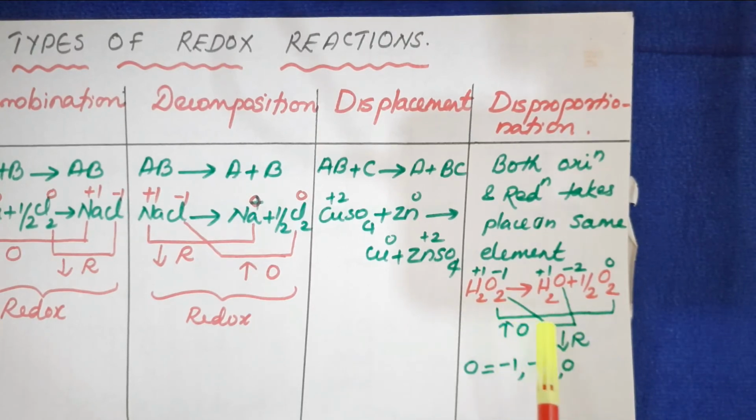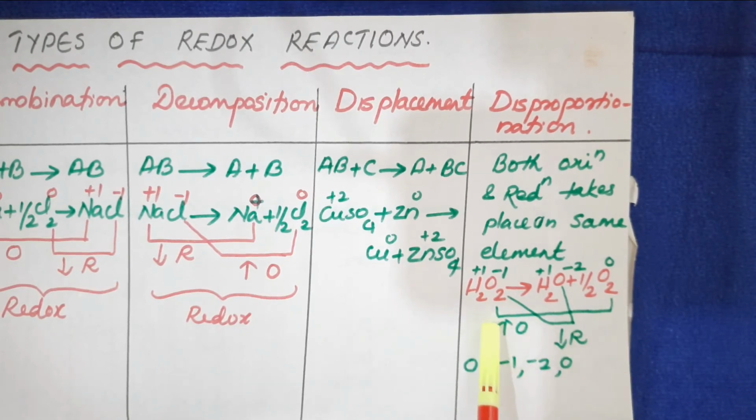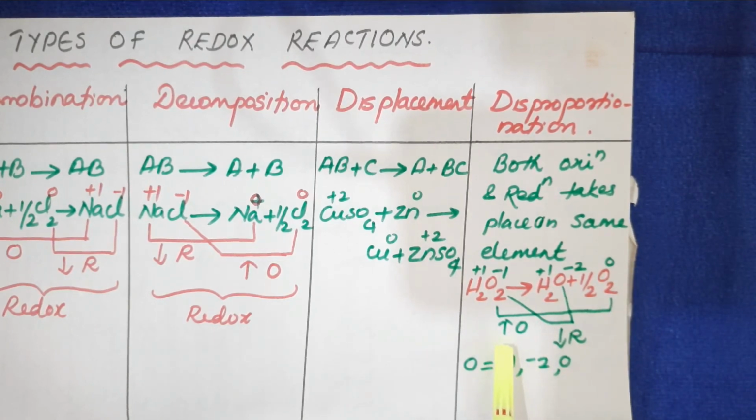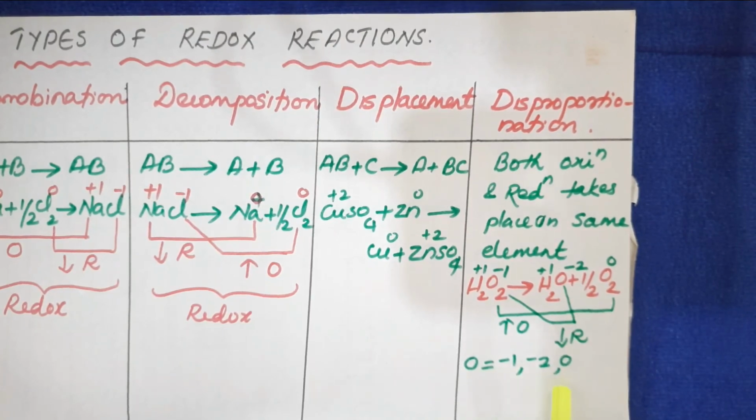So, here what happened? Here oxidation number decreases, therefore reduction took place. Okay, now oxidation number of oxygen is -1 in H2O2, but in the conversion to half O2 it increased to 0. -1 to 0 means increasing of oxidation number happens here. Therefore, it's an oxidation reaction. Here the element oxygen undergo oxidation and reduction. So, the element which undergo disproportionation reaction here is oxygen. It has oxidation number here -1, -2 and 0.